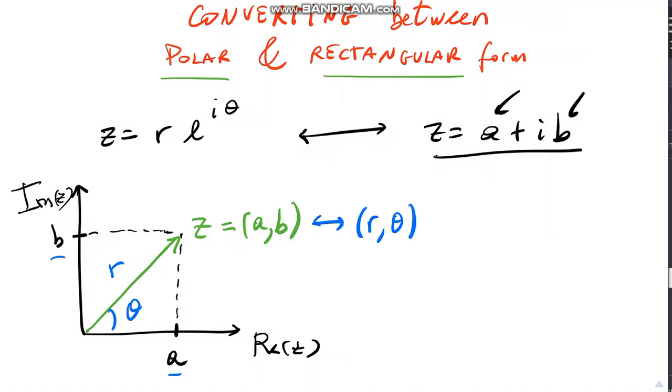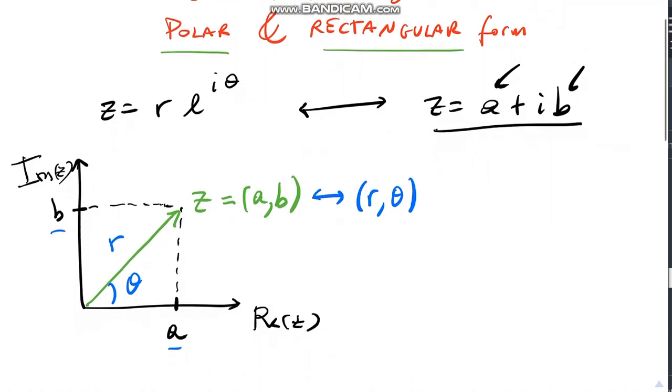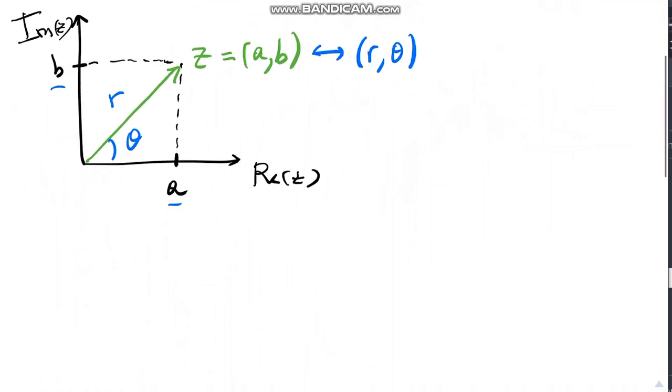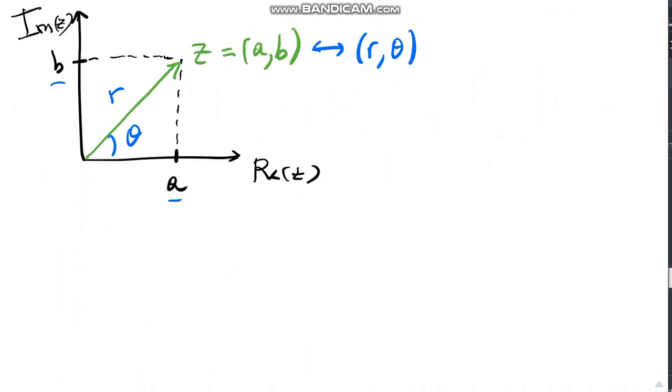How do we find the formula that we can apply quickly to describe these changes, whether we start from a, b or r, theta and we want to find the other representation? Well, they will be very, very easy to derive if we have a look at this triangle. The triangle is the following one. If we use O, A, Z,